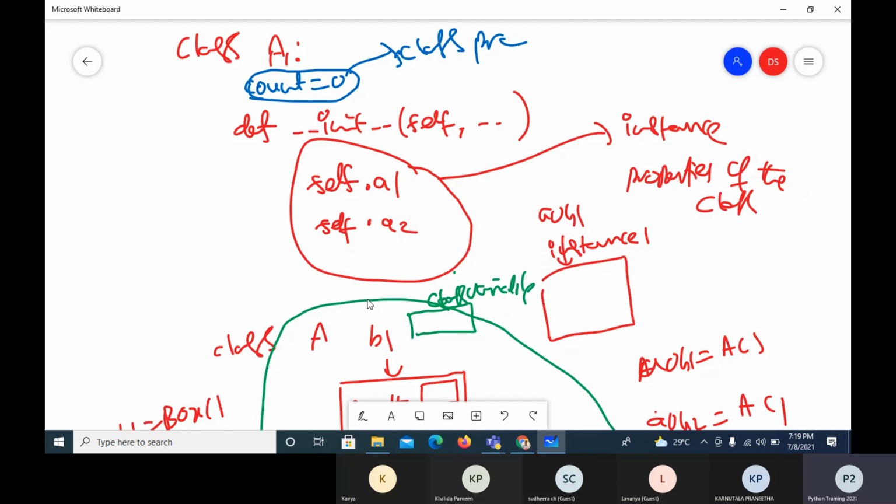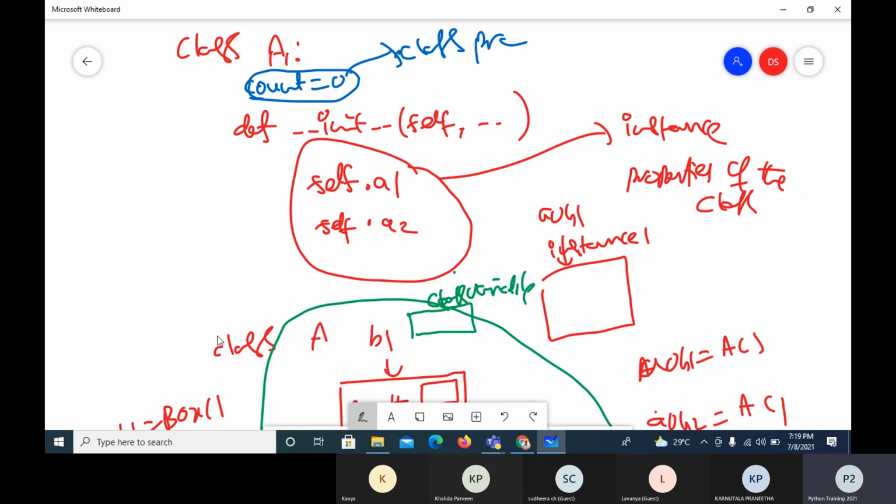So, for example, if I want to maintain some count of the objects created, the count is common irrespective of the number of instances. So even with 0 instances, the count variable, a class property, is present. Whatever the number of instances we create, there will be only one count variable.